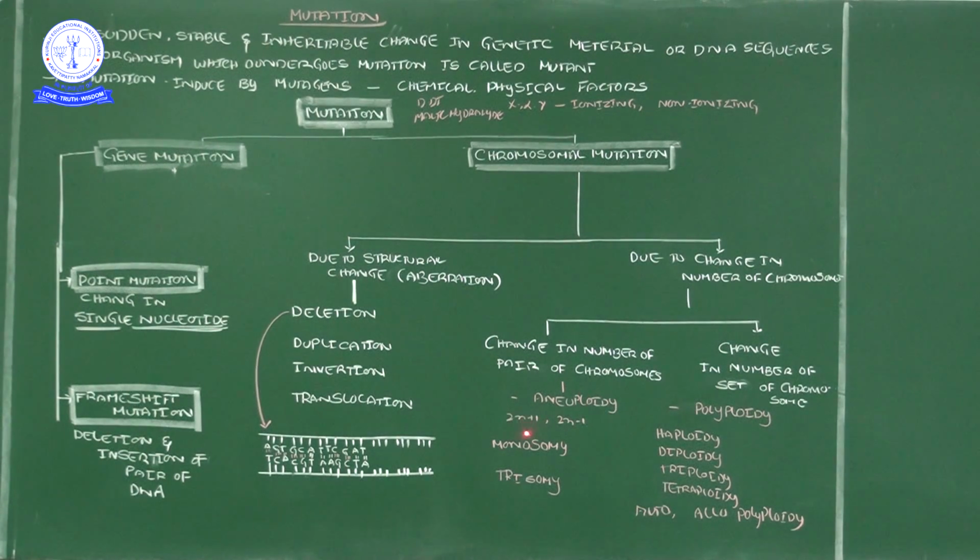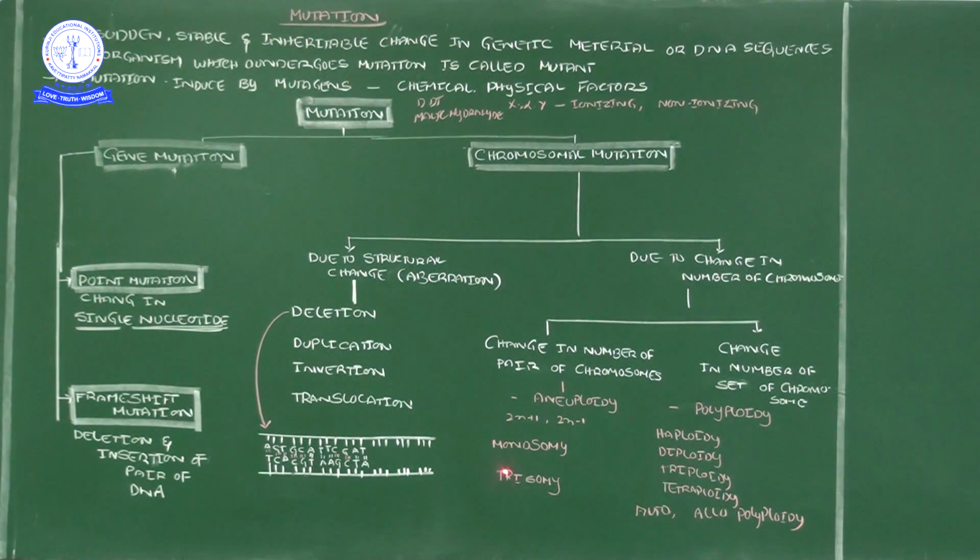That aneuploidy condition we can say 2n plus 1 or 2n minus 1. Yesterday also you got this word. What is the meaning of adding one extra chromosome to the normal condition, or losing one normal chromosome from the normal condition? That we represented in the form of 2n plus 1, 2n minus 1. That means in the diploid organism it has got one extra chromosome. Or 2n minus 1, in the diploid organism it lost one chromosome itself. So here the change happens in one single chromosome or one pair of chromosomes, either one, correct? So that is the thing.